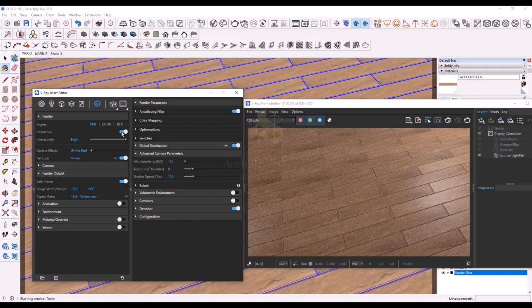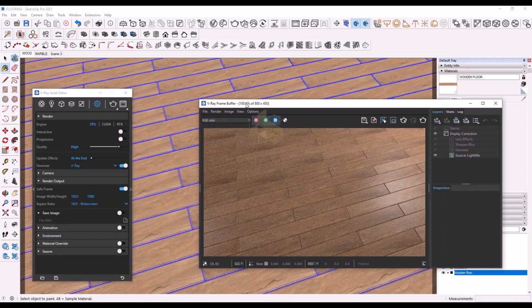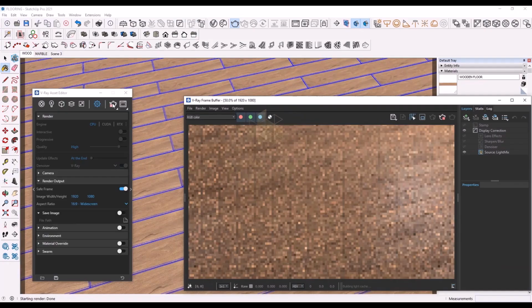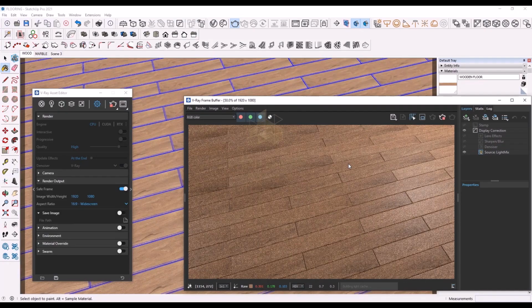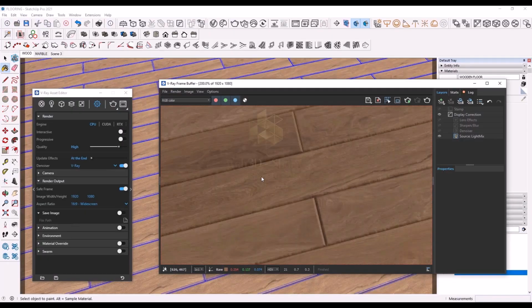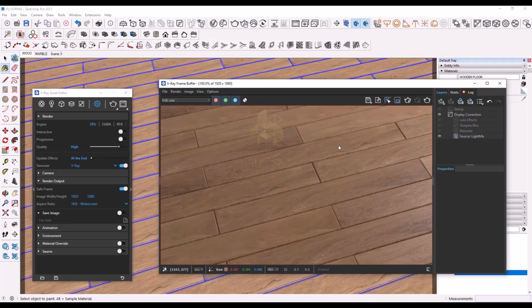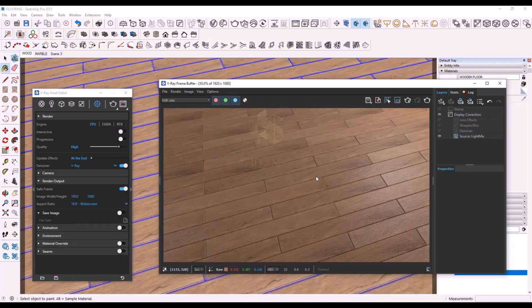Let's do a final render to see how the flooring turns out to be. Add exposure and white balance layer. Increase the exposure and contrast to your preference.